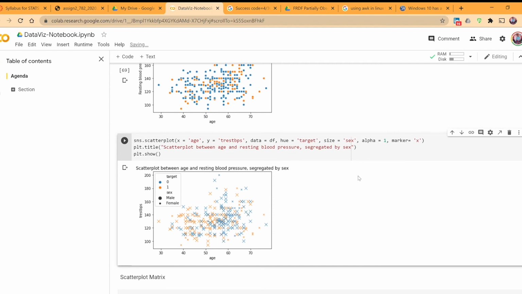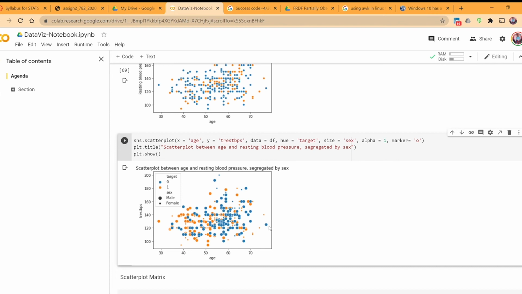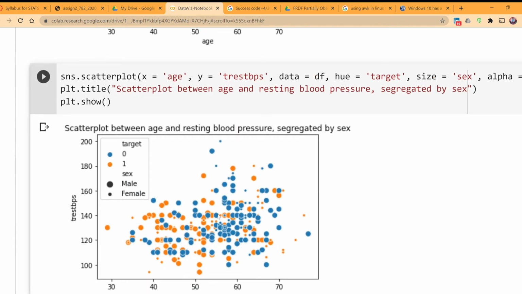It really doesn't make a lot of sense to set alpha to some lower value if your marker is x, because you can pretty much see what values lie behind the ones on the top. But let's say your marker was something like a circle. In that case, if you see the plot now,